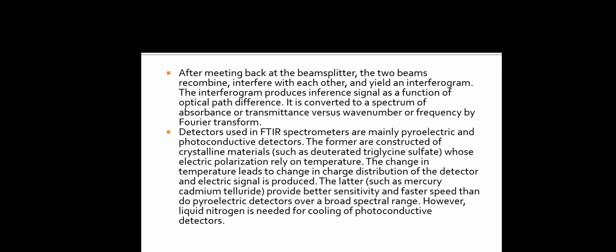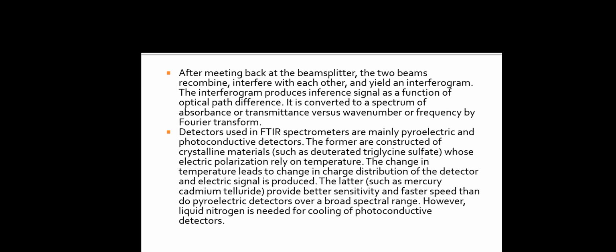Detectors used in the FTIR spectrometers are mainly pyroelectric detectors, meaning thermal detectors, and photoconductive detectors, meaning detection of the light. The former are constructed of crystalline materials such as deuterated triglycine sulfate, whose electric polarization relies on temperature. The change in the temperature leads to the change in charge distribution of the detector, and an electric signal is produced. The latter, such as mercury cadmium telluride, provides better sensitivity and faster speed than the pyroelectric detectors over a broad